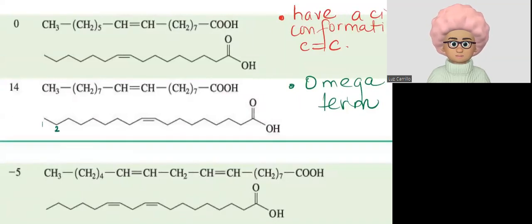This is carbon 1, 2, 3, 4, 5, 6, 7, 8, 9, 10, 11, 12, 13, 14, 15, 16, 17, 18. Those are the 18 carbons in oleic acid. Now, we can see that the first carbon in the carbon-carbon double bond is carbon 9. So whenever we talk about oleic acid, or we see it in its oil form as a triacylglycerol in the form of olive oil, we say that that product actually has